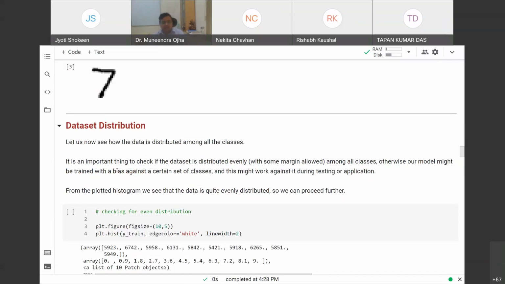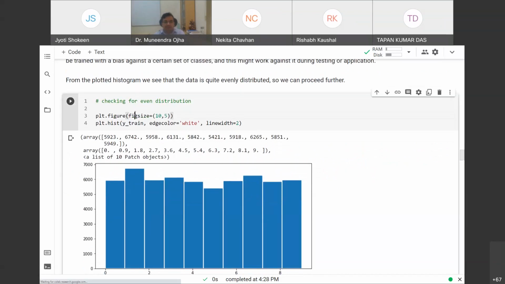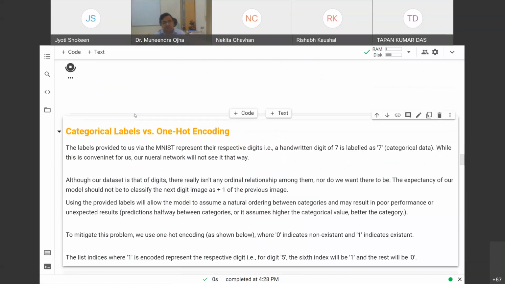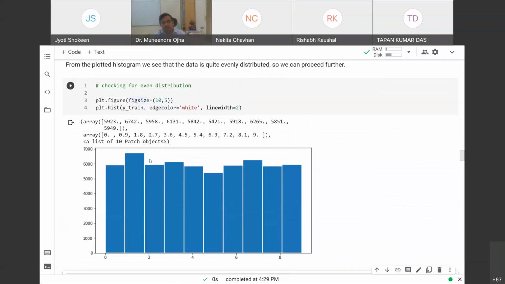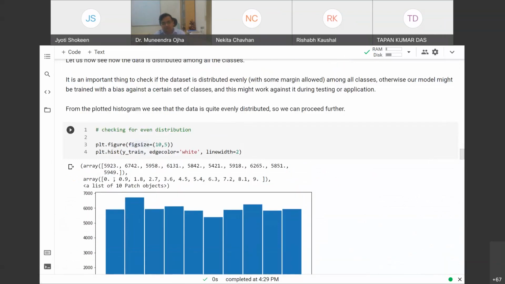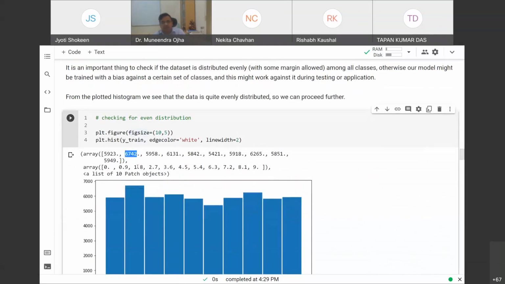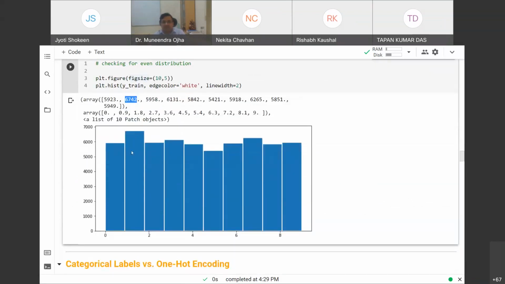So in this example, you see this is the way we execute, and we see what the class label is and how many samples belong to each class label. So you see 5,923 samples in 0, then 6,742, and so on. We see that we are more or less very even in the number of samples per class.